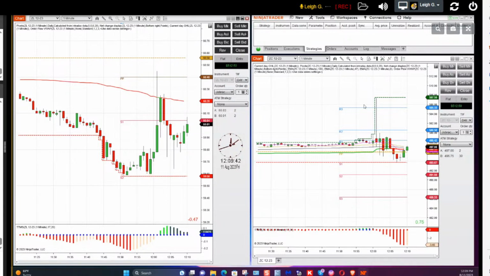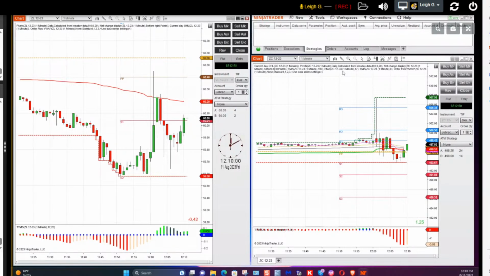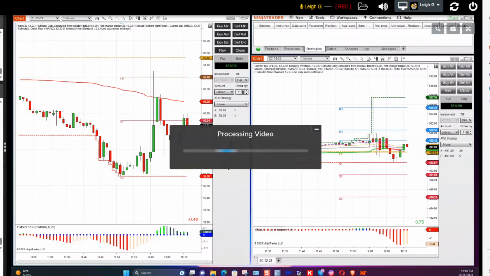We'll test ZL on WASDE because it might be a very low risk, maybe a lower profit also, because it's half the tick value of soybeans and corn. It's 6.25, and soybeans and corn are 12.50 like the S&P. But anytime we can find a more gentle instrument to trade on a volatile report, that's a bonus, right? Let's look at the video and let's just take a look at what happened.